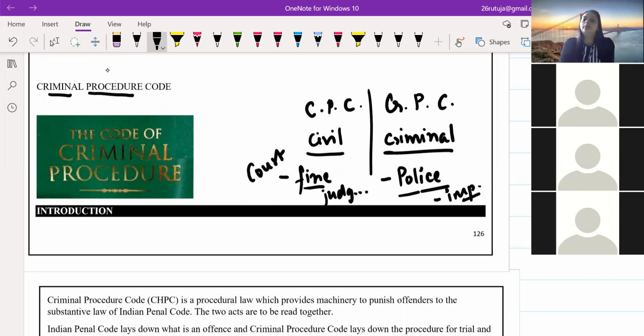Okay, so the basic difference, जो a normal layman can also identify, is कि criminal offense में वो सबसे पहले जाता है police station में. आपके घर पे चोरी हुई, आप सबसे पहले जाओगे पुलिस स्टेशन में. आपके पार्किंग से आपकी टू व्हीलर चोरी हो गई, you will go to the police station, you will report that such a theft has taken place. Okay, so the first stage or the starting point in a criminal case is you have to approach the police. वहां से शुरुआत होती है. Yes, इतना clear? Yes, ma'am.